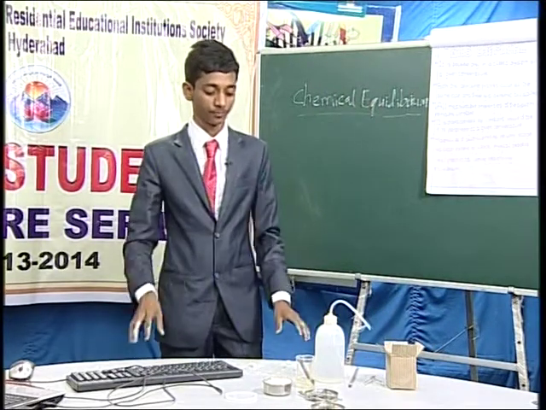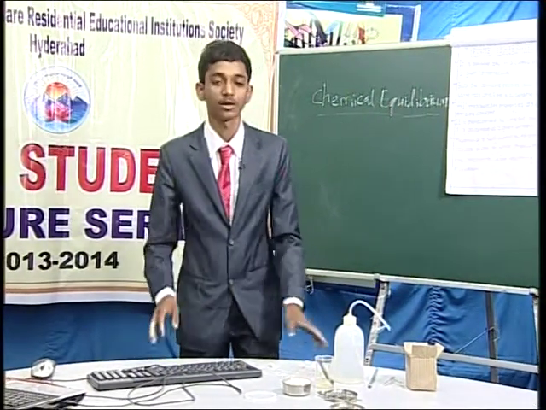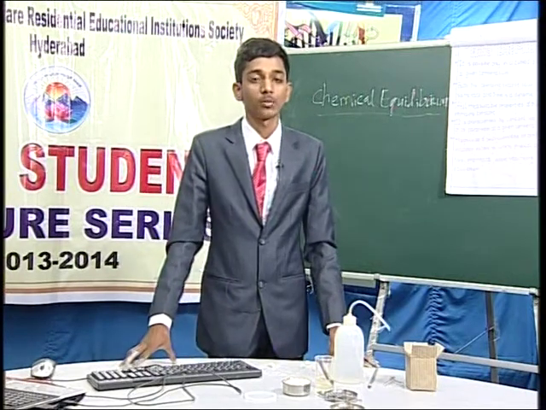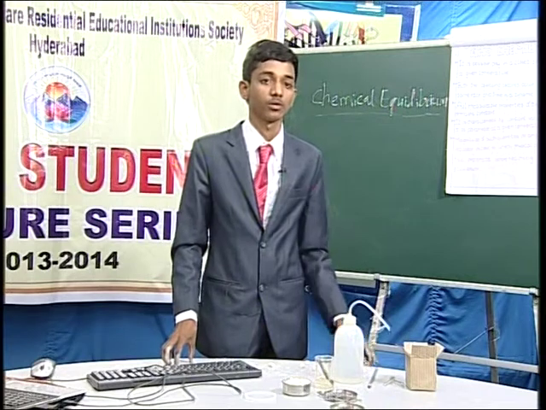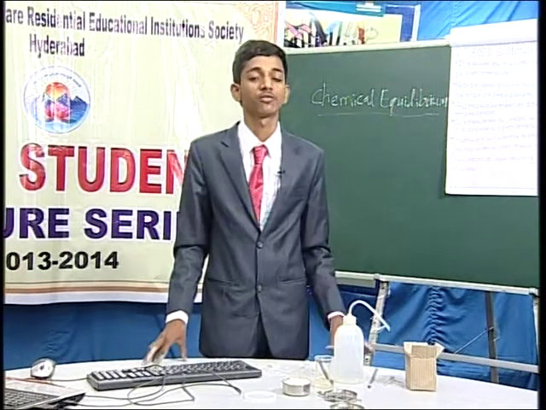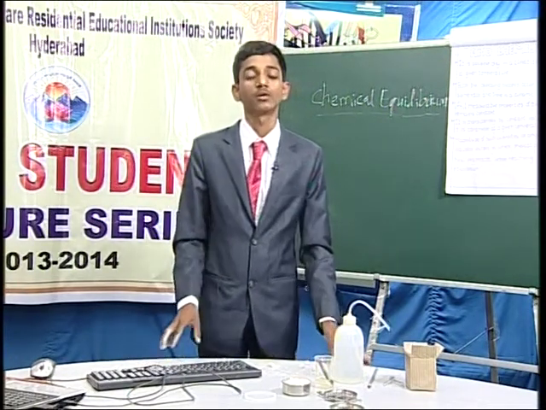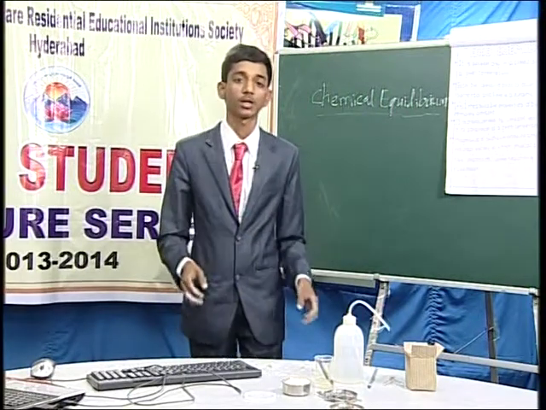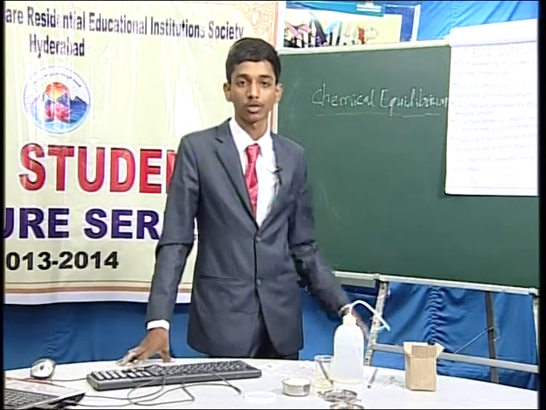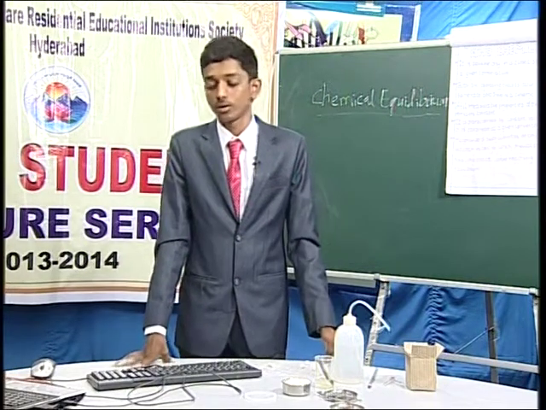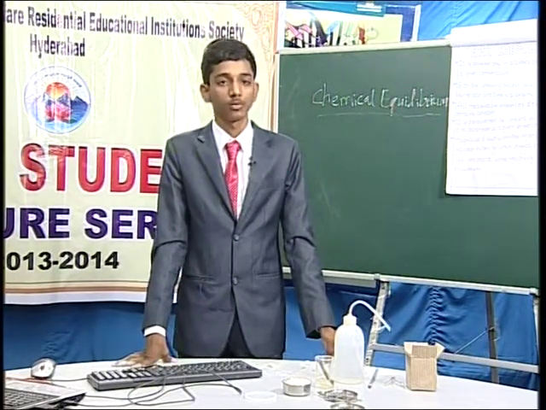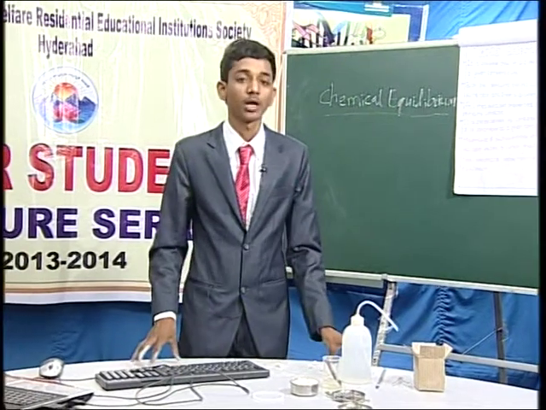And recall what we have learned. We have learned about the equilibrium which occurs in physical processes, and we have taken the examples of phase transformation, and the equilibrium which occurs in chemical processes, and we have taken the synthesis of ammonia, and we have discussed dynamic equilibrium, the equilibrium constant, and one more thing, ionic equilibrium.